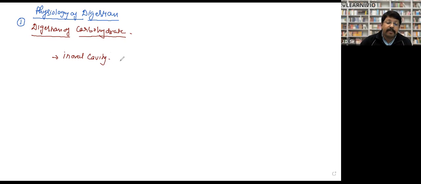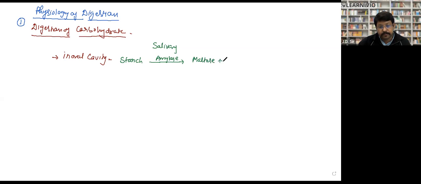What exactly does salivary amylase do? It digests starch. Starch means bread, grains and all that. Salivary amylase starts working on it and breaks down this starch